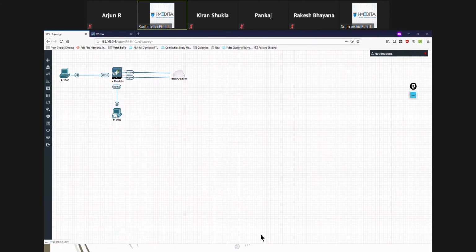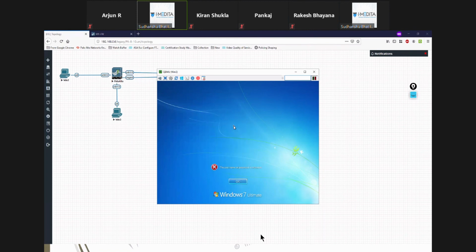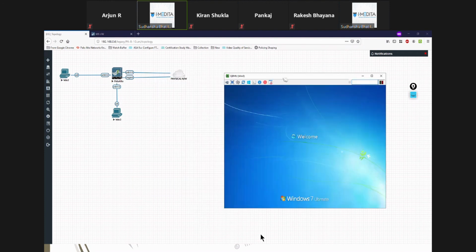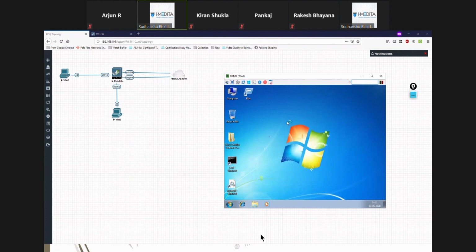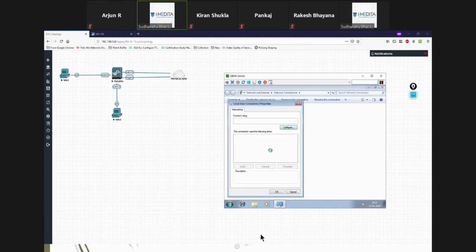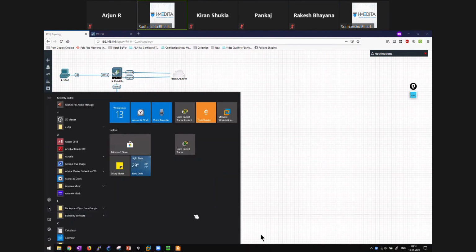Okay. So let's open Win3 as well. I'll rename them a little bit and make some text so that you can easily identify what IP address it has by tomorrow.